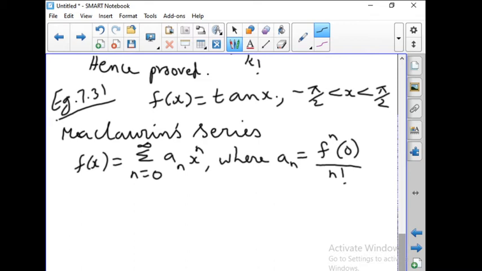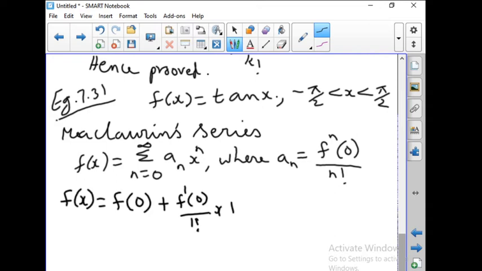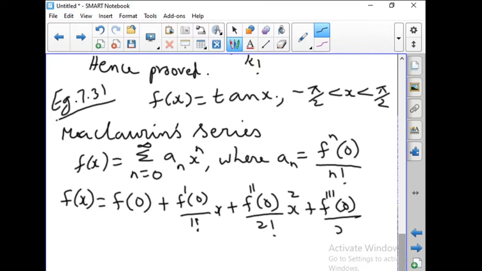That is nothing but the Maclaurin series: f(x) is equal to f(0) plus f'(0) by 1 factorial into x plus f''(0) by 2 factorial into x squared, plus f'''(0) by 3 factorial into x cube,